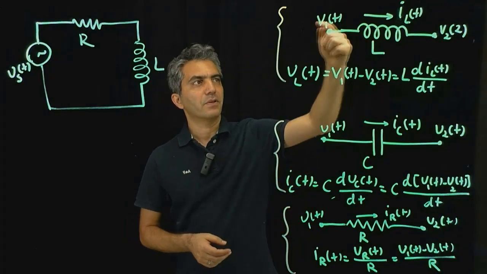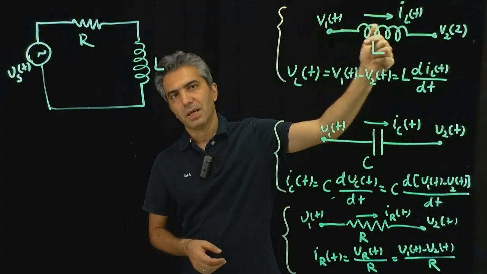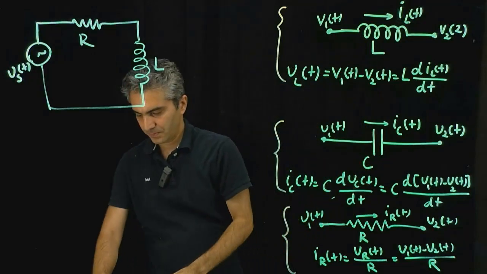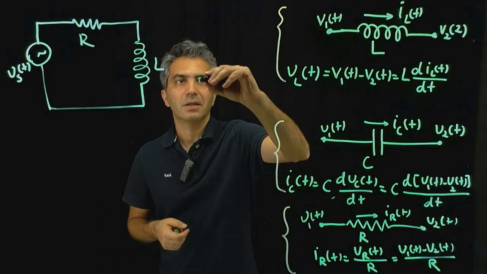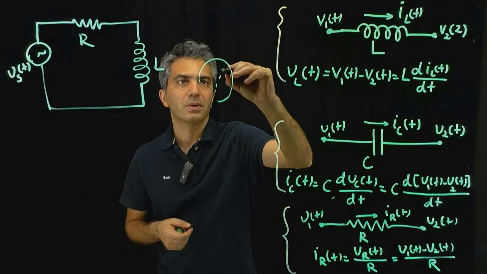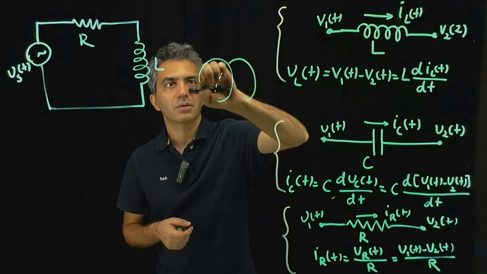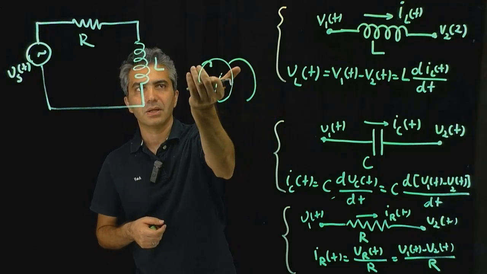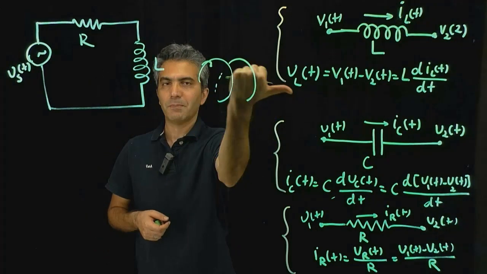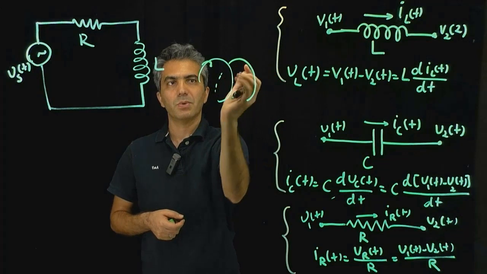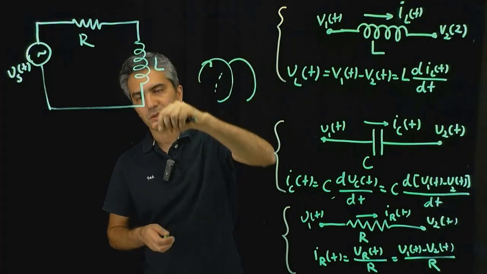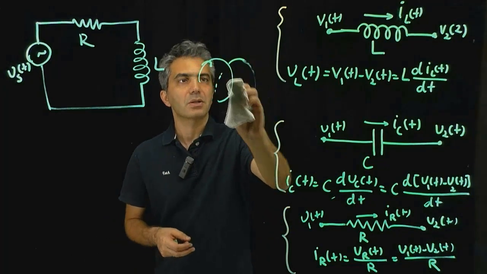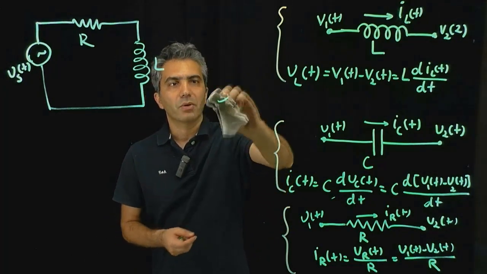Let's say if the current is going this way, you can hold your hand and realize that the magnetic field is going this way. If the current is going the other way, then the magnetic field is going the other way around. That's really not important for this discussion. This is a discussion for a physics class